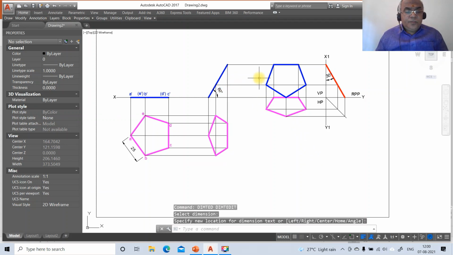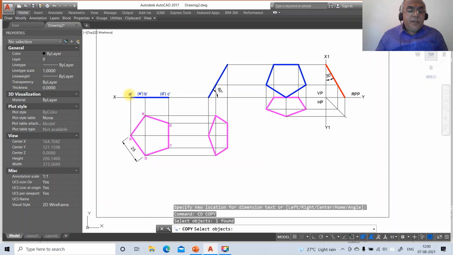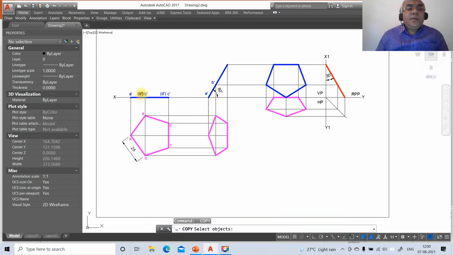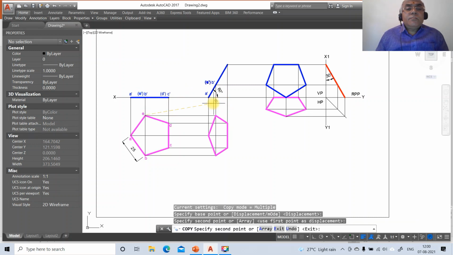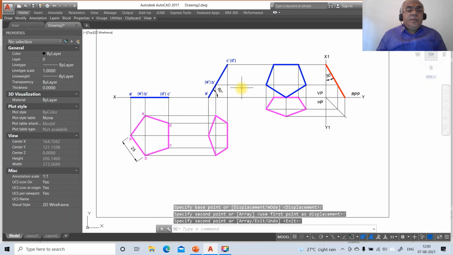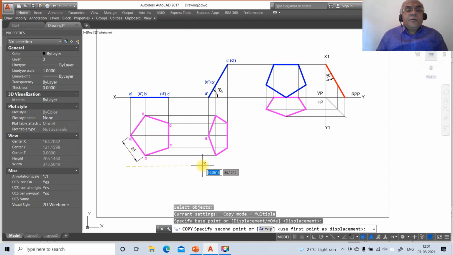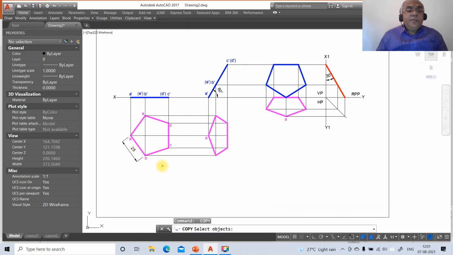Then go to copy, so copy A dash and you keep it here, then B dash, then E dash, then C dash, then D dash. Then you just go to copy, select this A, copy this here and also here.